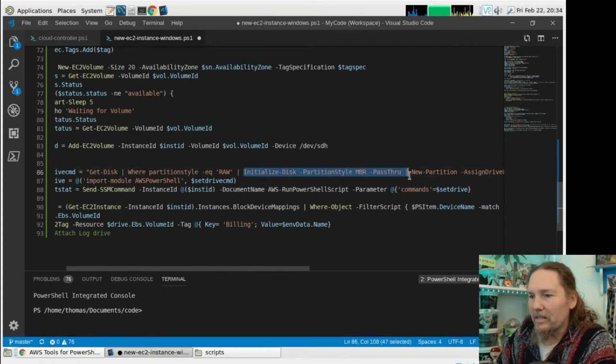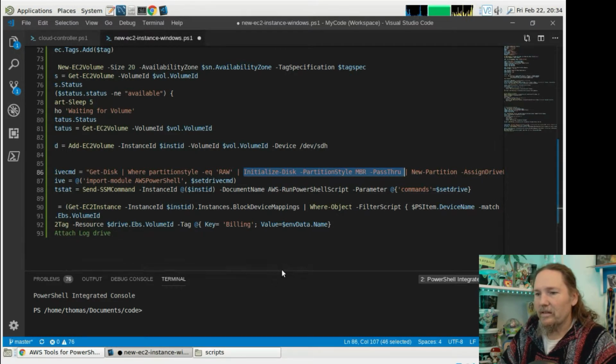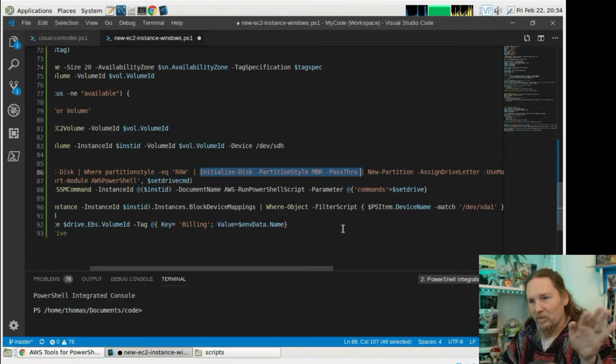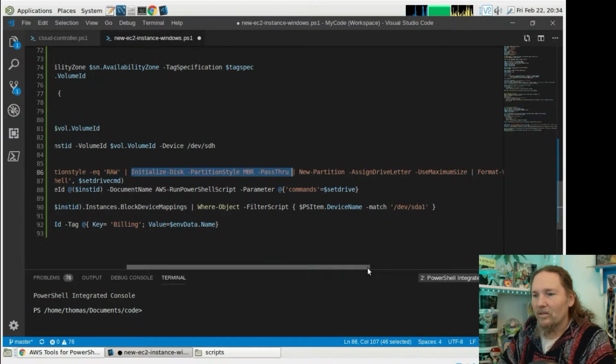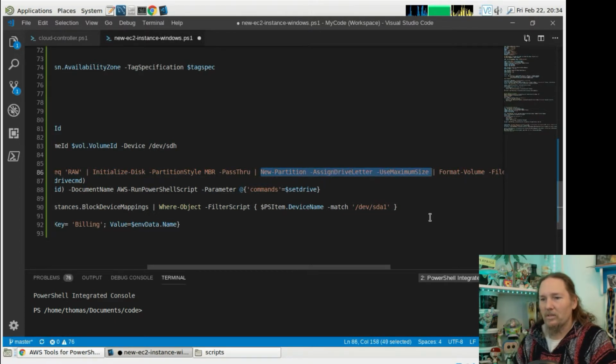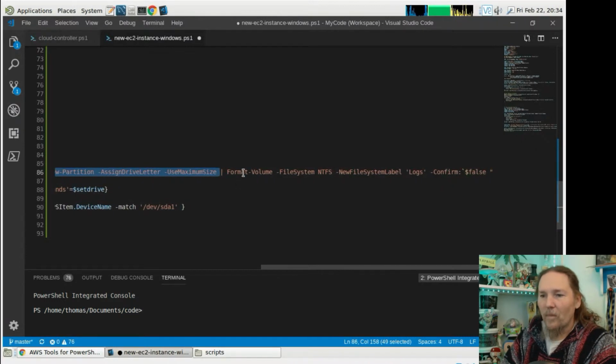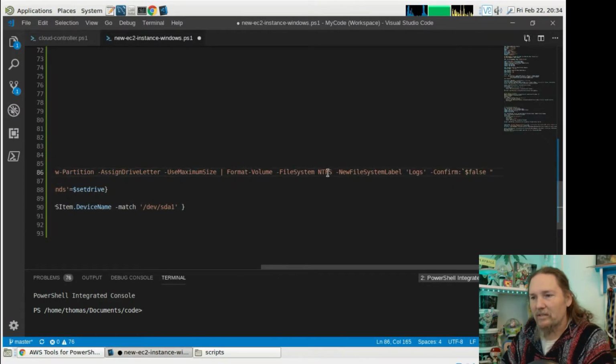Then we initialize the disk with an MBR, master boot record, type partition, and then we need to set the passthru so that it's passing all these parameters through, and then we also pipe through New-Partition, AssignDriveLetter, UseMaximumSize. So we have the disk selected, we're initializing the disk, and then we do New-Partition, and then finally we pipe through with Format-Volume, FileSystem NTFS, we're labeling it as logs, and then we're confirming